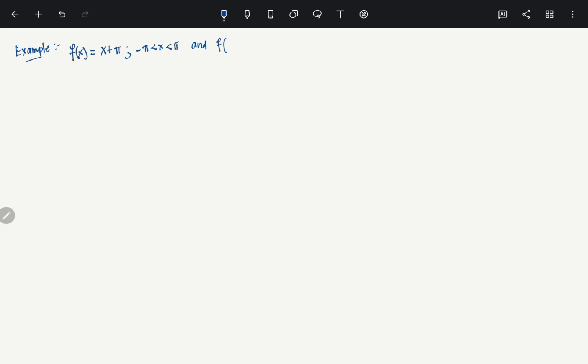So basically what does this say? f of x plus 2 pi equals f of x means it is 2 pi periodic. The function I am defining between minus pi and pi, and then I am saying that the function repeats itself after 2 pi. So essentially we are constructing a periodic function like this. If you want to draw such a function, you can easily do that. Let's say minus pi, pi, and then 2 pi, and it goes on, minus 2 pi. So in this case what happens is